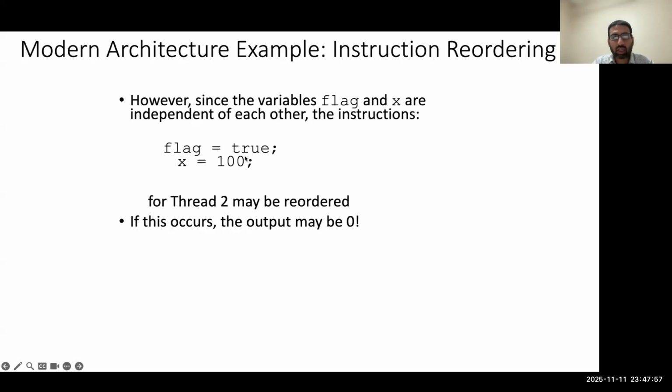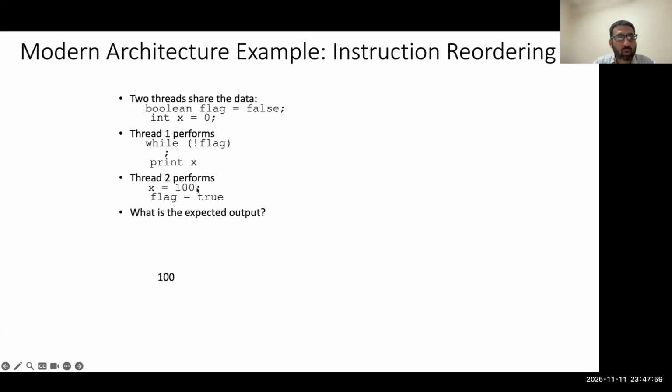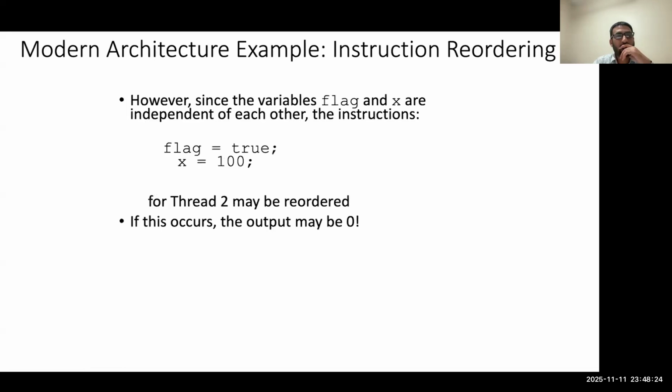So for example, in the thread 2 code, we have x is equal to 100 and flag is equal to true. Now they are not related to each other. There is no dependency between these two statements, right? So the compiler may think, in the context of the broader picture, the whole program, here we have only a code snippet, right? If it thinks that by reordering these instructions it can get a performance benefit, it can possibly change their order. So it can perform flag is equal to true first and then set x equal to 100. Now, if that happens, what will